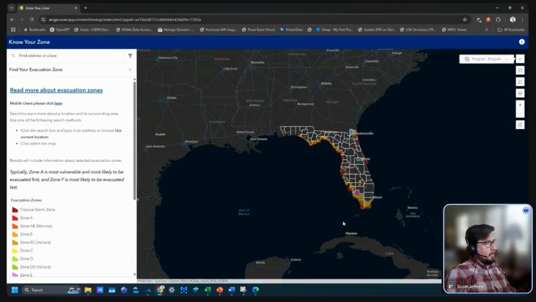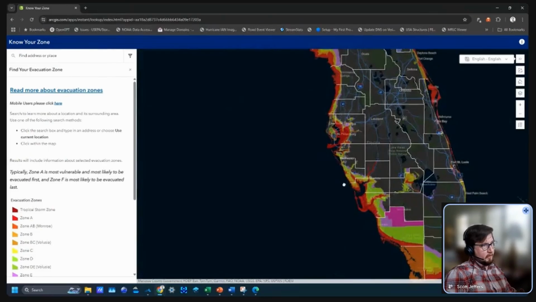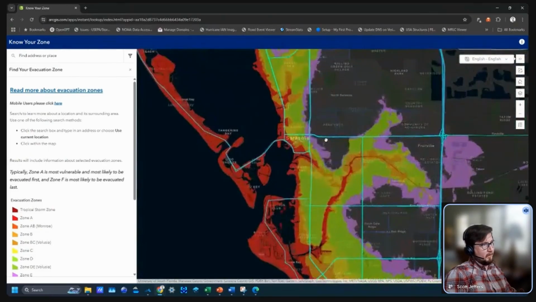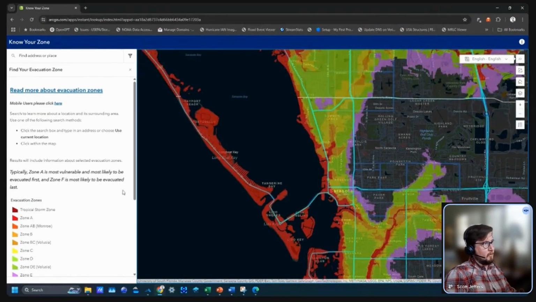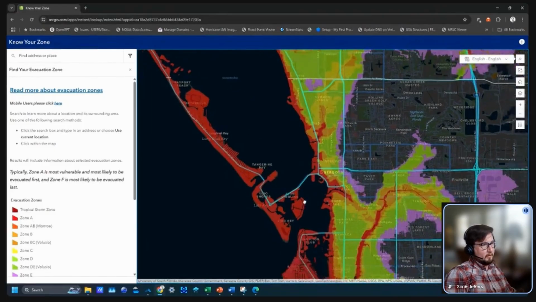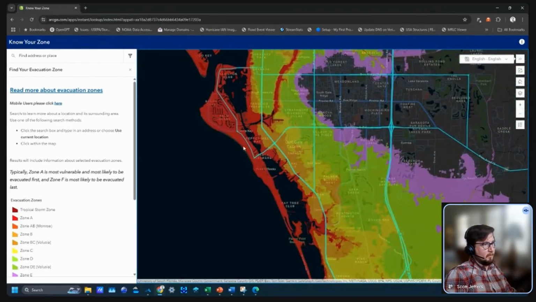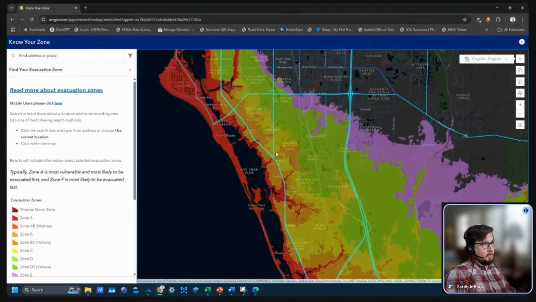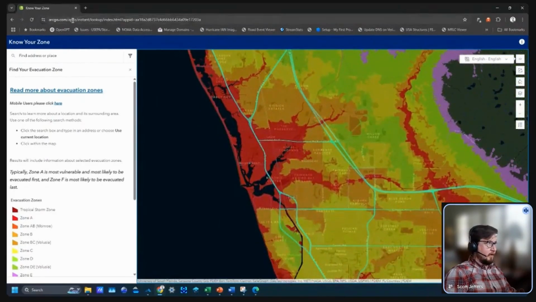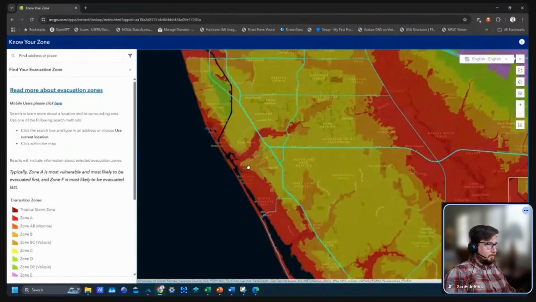My mom was worried about, is this going to flood when Hurricane Milton comes in? And I was able to tell my mom, it's going to be okay. We're in zone E. People in Florida all know their zone. What's your evacuation zone? Some folks live in A, and these are the people in the barrier islands, and this is always very scary when there's a storm coming in, and folks will leave and go more inland, and there's this really nice publicly available data where you can figure out